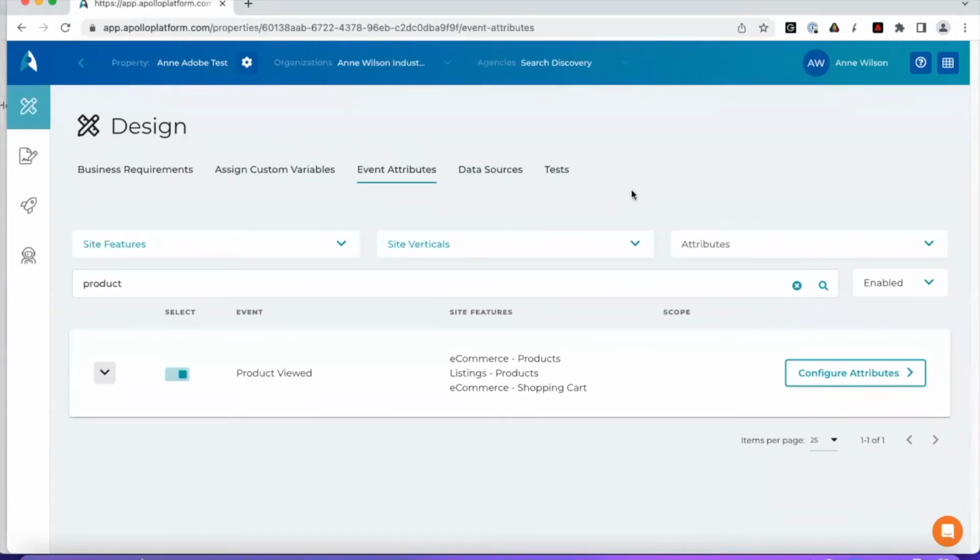We'll go over a couple of important details about the Event-Driven Data Layer, or EDDL. We'll start on the Event Attributes screen within the Apollo application. Here I filtered for the product viewed event. And what I answer with every event are what attributes are important for me to track when a particular event